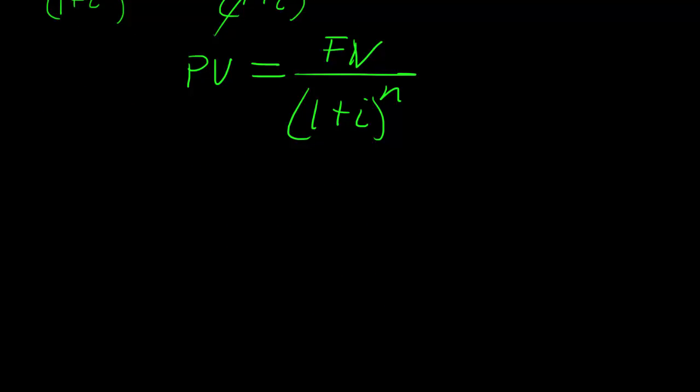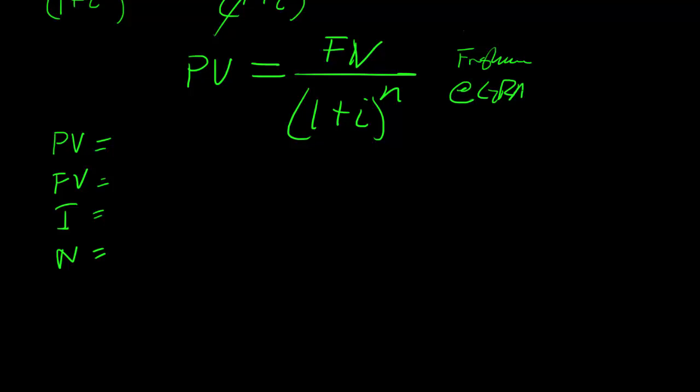So let's run through a really simple problem just to make sure that we're all on the same page. As always, we're going to do our time value cheat sheet by listing present value, future value, interest rate, and n. Let's pretend you are a freshman in college, and you want to go on a cruise at graduation, and that cruise is going to be worth